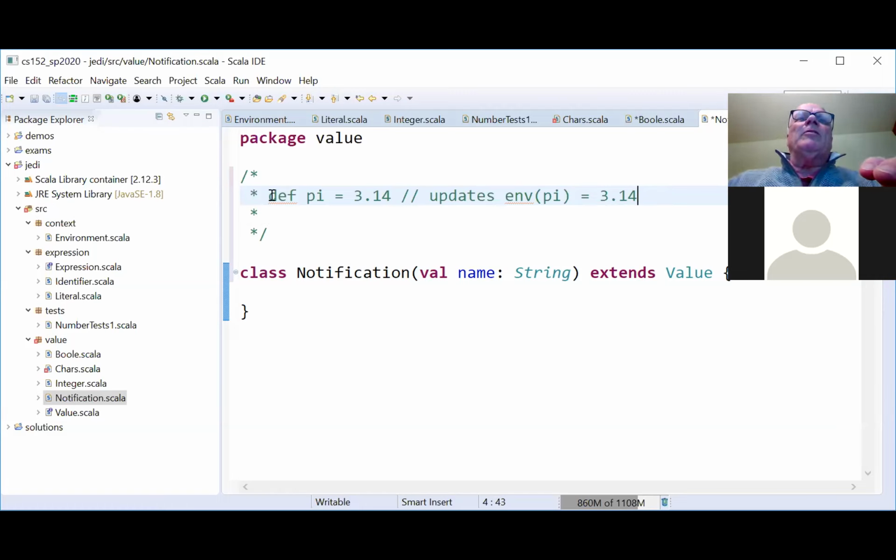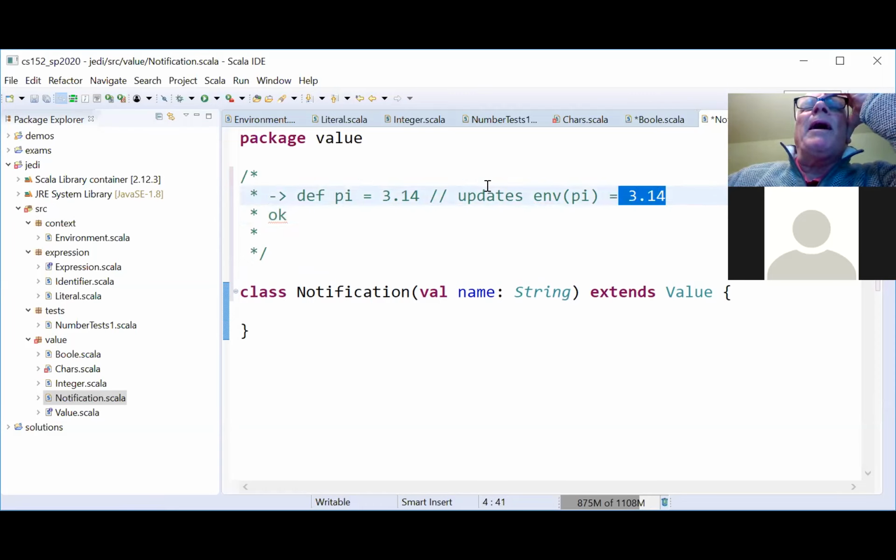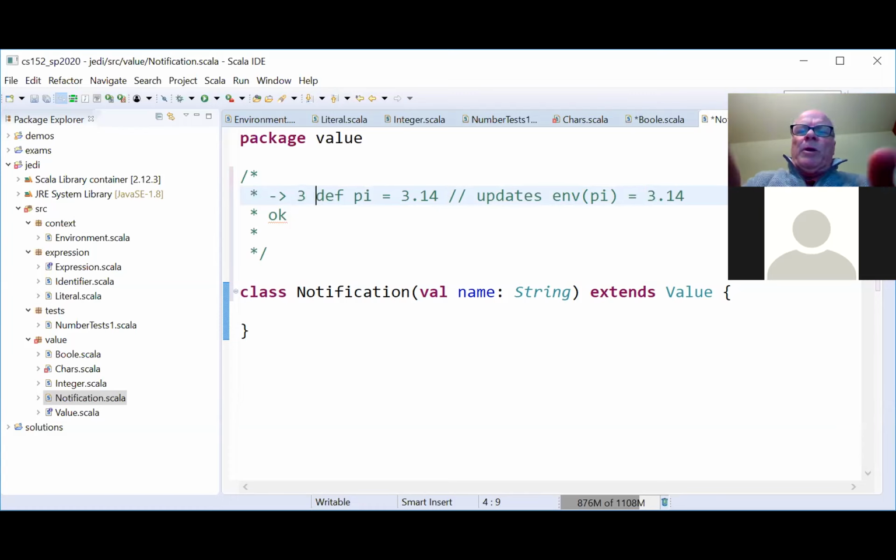And then, you know, you type this in at the interpreter's prompt. And then the value returned is just okay. In other words, I don't want my users to somehow use, like if this returned 3.14, like in some languages, then they could do some crazy thing like 3 plus def.